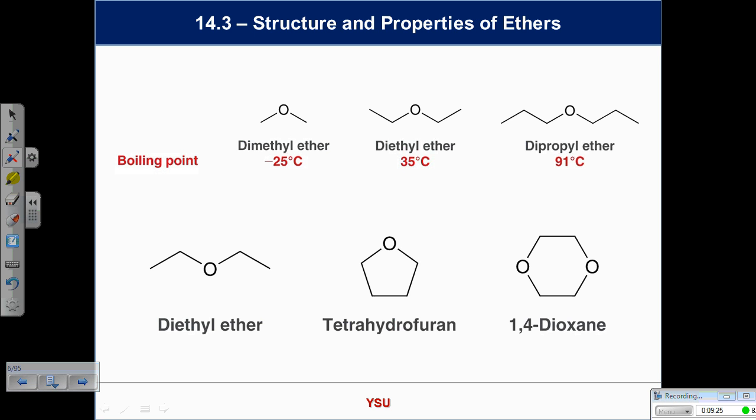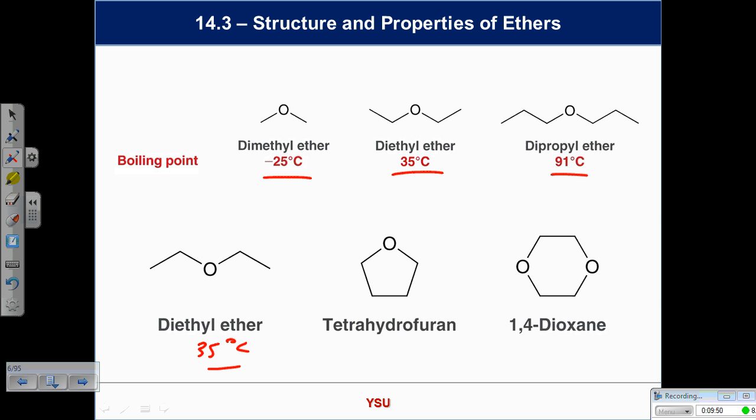Now, if you look at the simple, again, building off of the boiling points, low, higher, higher still. You are getting more significant interactions as the molecules get bigger. But this is useful to us as chemists because we have molecules down here. This boils at 35 degrees C. And if you want to run a reaction at room temperature, that's great. That will work for you in the Grignard experiment. It's easy to get rid of because it boils so low. That's a really useful